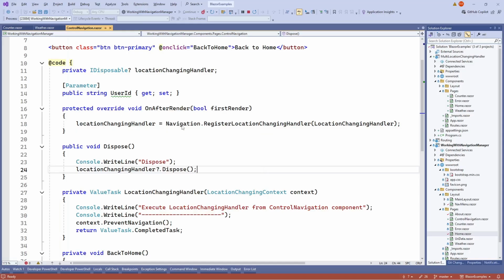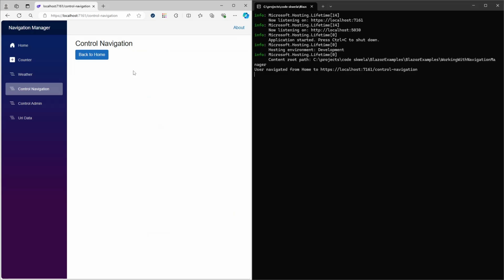This is where we've added this location changing handler that would prevent us from navigating to a different location. So if we are here inside of our control navigation and we go to a different location or page, then it would execute the handler and stop us from navigating to a different location